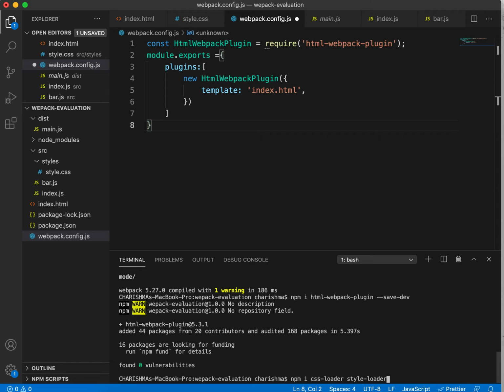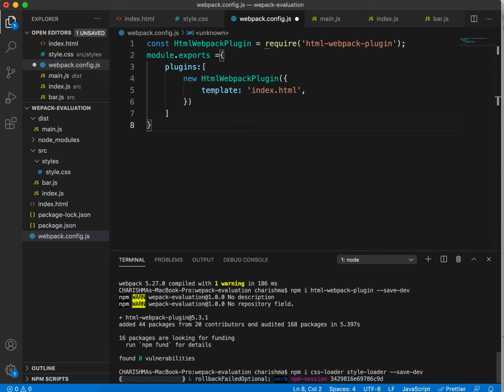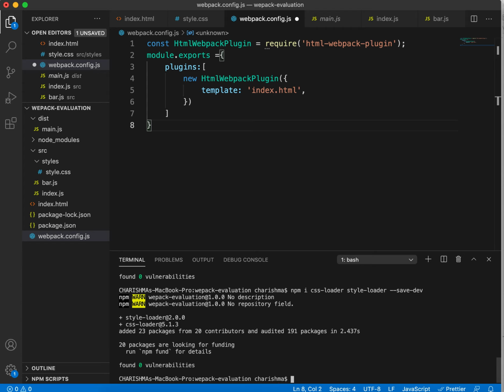Style loader is for putting all the styles into our HTML file. They are applied on the DOM using the style loader. Now we are gonna install them into our dev dependency. After installing them, we are gonna configure them. To configure them, what we need to do is